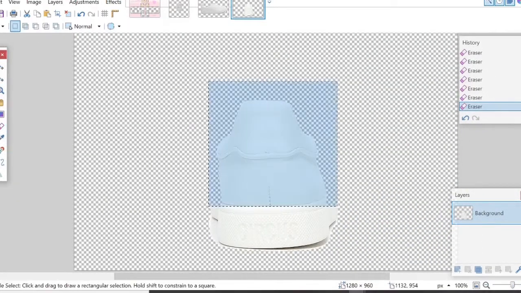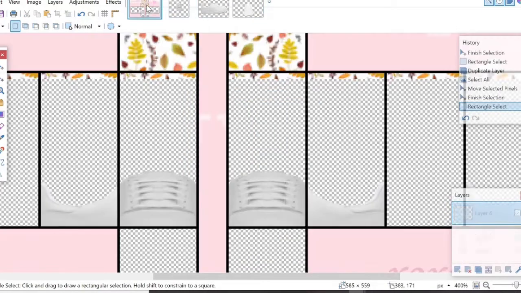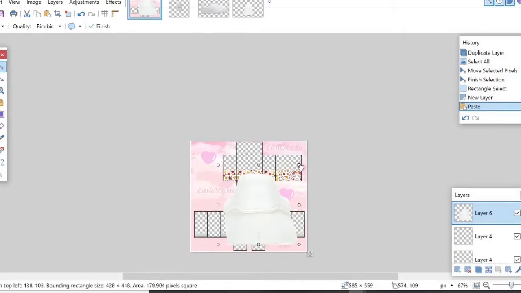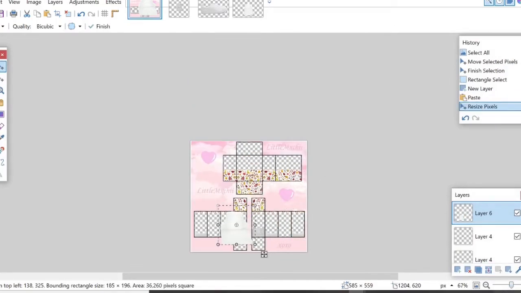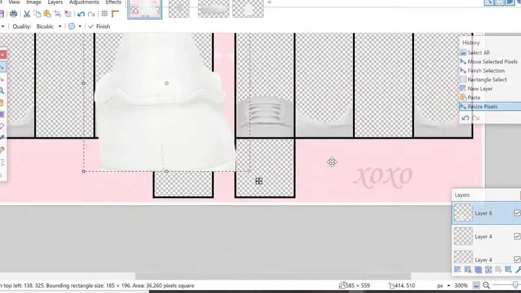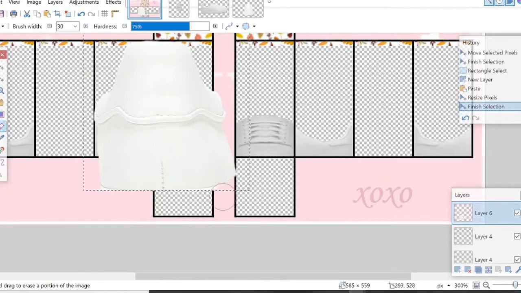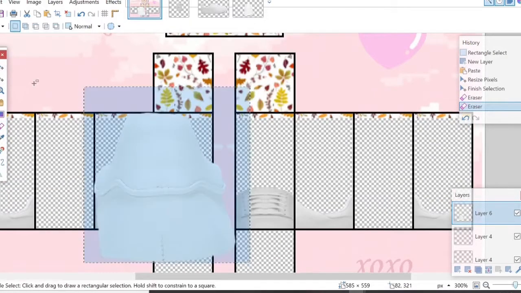Okay, so I finished it, so I'm just going to Control C, Control V it into my template. So I'm just going to copy this part, and I'm going to add a new layer and Control V my thing. So as you can see, it's quite a bit out of shape, and that is okay. So first I'm just going to resize it. Okay, and I'm going to resize it. So I'm going to just erase a little bit of it, just so that it looks a little better. And I know it still looks a little out of shape, and I'm going to fix that